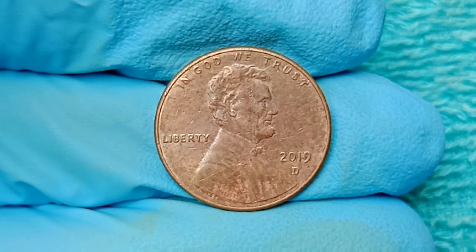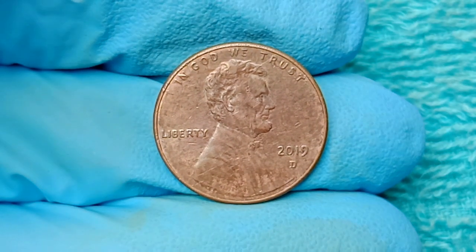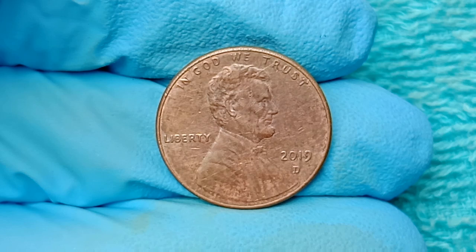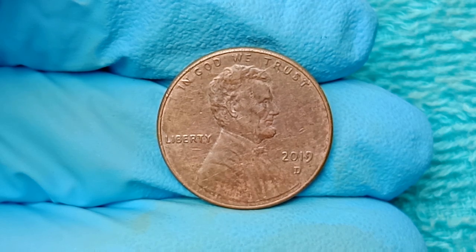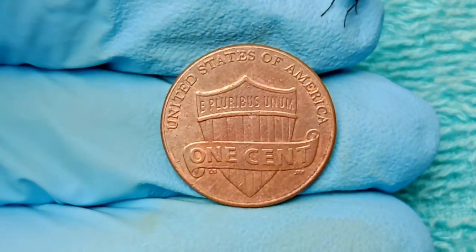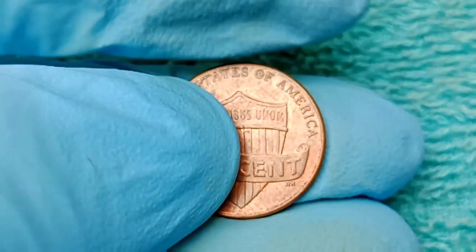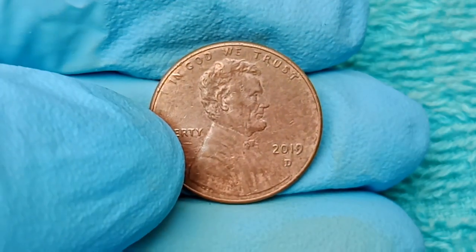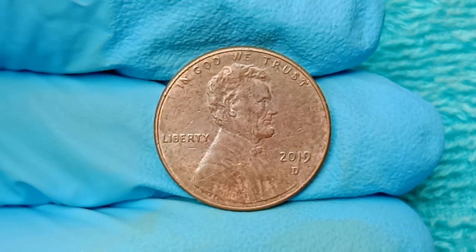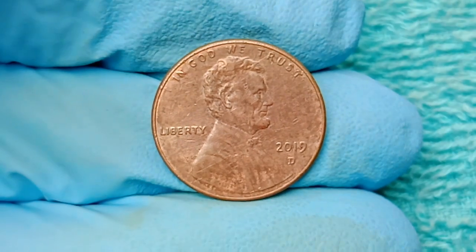become icons in the world of rare coin collecting, and the most compelling factor of the 2019 D1 cent coin's skyrocketing value begins with the discovery of a dramatic double die obverse error, where the details of Lincoln's portrait, the words "In God We Trust," "Liberty," and the date 2019 are struck not once but twice, creating a ghostly shadow effect easily visible to the naked eye and instantly recognizable to collectors who understand the rarity and desirability of such die errors, especially when they occur with such clarity and consistency as they do in these 2019 D specimens,